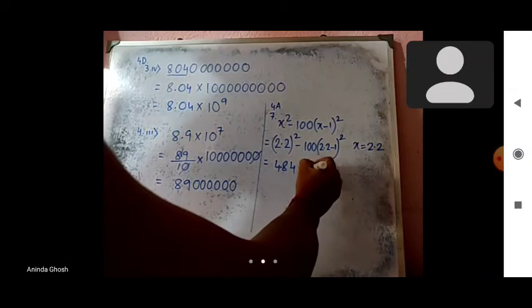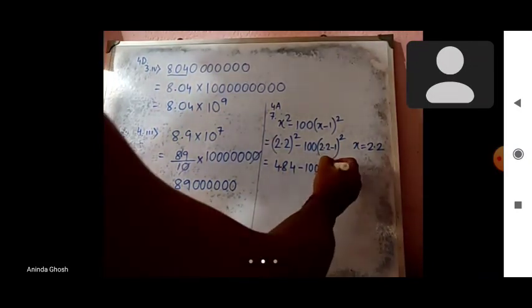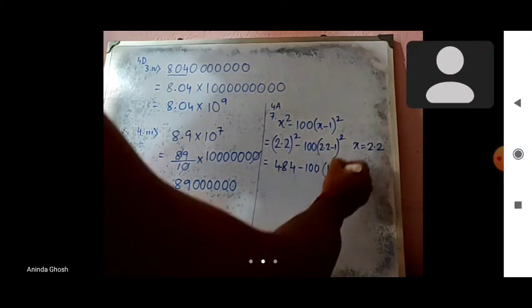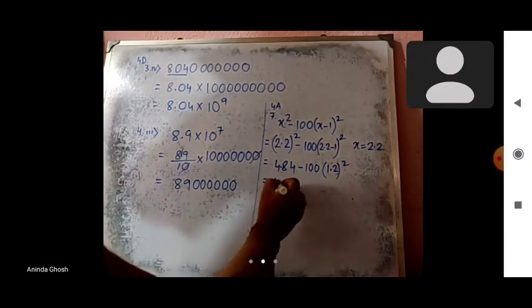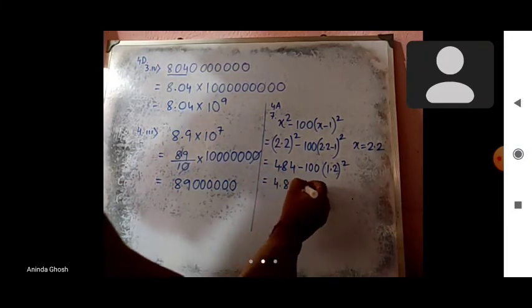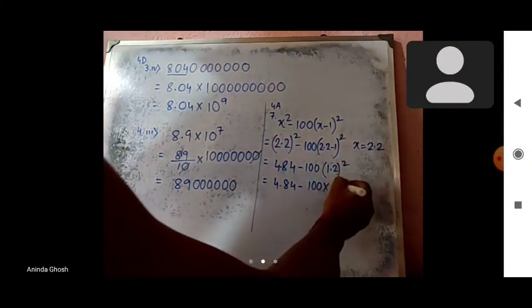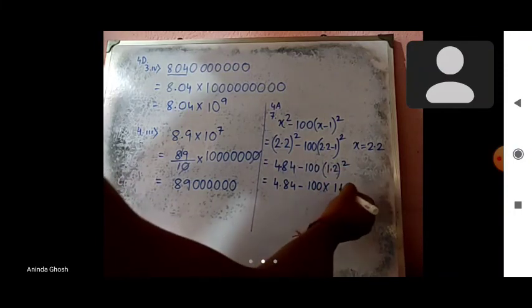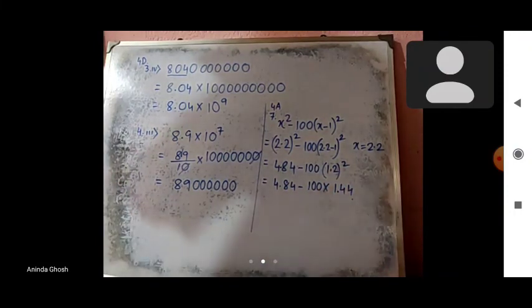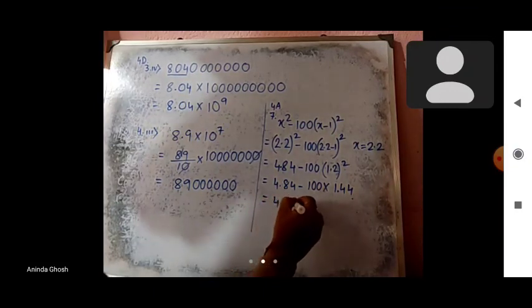So 2.2 into 2.2 means 2 points are there in multiplication form. So when we write the answer we have to tilt the point from right side by 2 places. That's how we get 4.84 minus 100, ব্র্যাকেটের মধ্যে 2.2 minus 1 করলে পাই 1.2 স্কোয়ার। So 4.84 minus 100